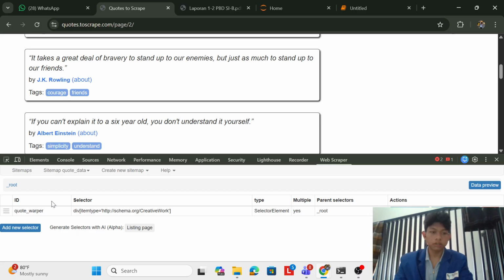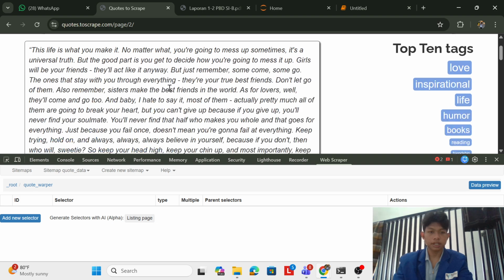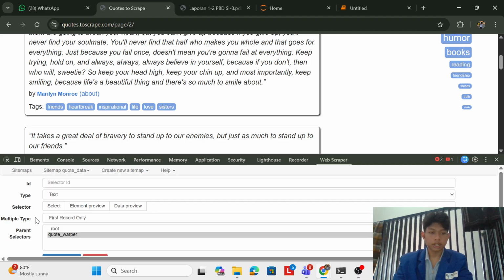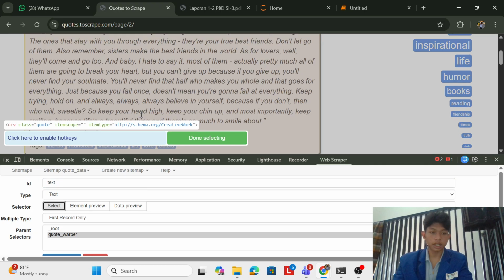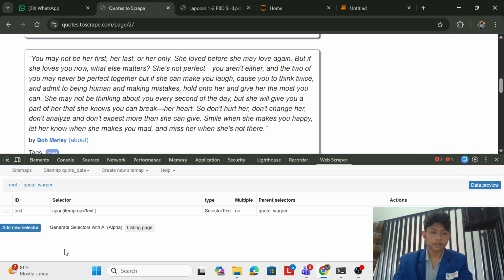Now I will click into the quote wrapper to create the child selector. This is where I specify the exact data I want to extract from inside that box. We need three things. First is the text quote, second is the author name, and third is the tag. First click add new selector and I'll name the ID text, and type text, and select this text quote and click done selecting and click save selector.